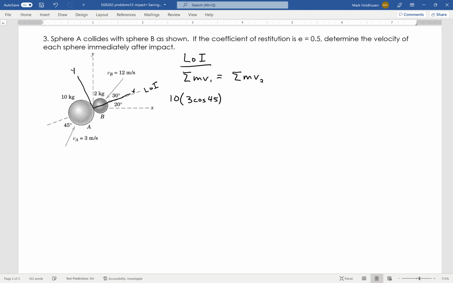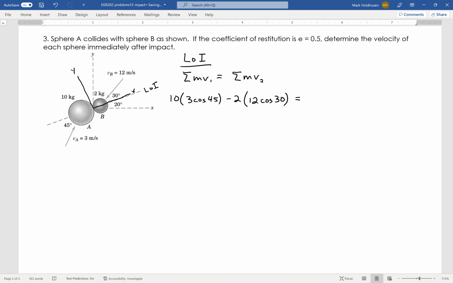Again, that's along the line of impact. And then I've got the smaller one, the 2 kilogram, going in the opposite direction, negative, and that would be times 12 cosine 30. So again, along the line of impact, those are my initial momentums. Remember that momentum is a vector. So I'm doing it along the line of impact and then perpendicular to the line of impact. And then what that equals is the final